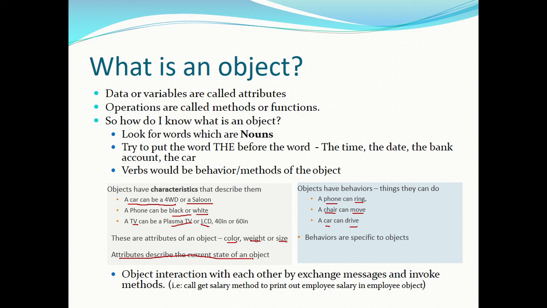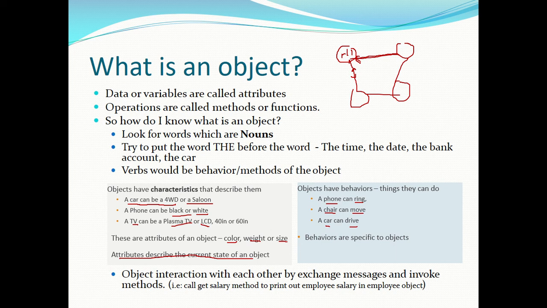Now, if you have a system and you have more than one object in your system, we say that we have a group of objects. This is object number 1, object number 2, object number 3, and so on. They need to collaborate with each other in order for the system to work. And they collaborate with each other by exchanging messages, or by calling a method. So there will be a method here, and for this object to interact with this object, it needs to call the method inside that object. So they interact with each other in two ways: by exchanging a message, or by invoking or calling a method